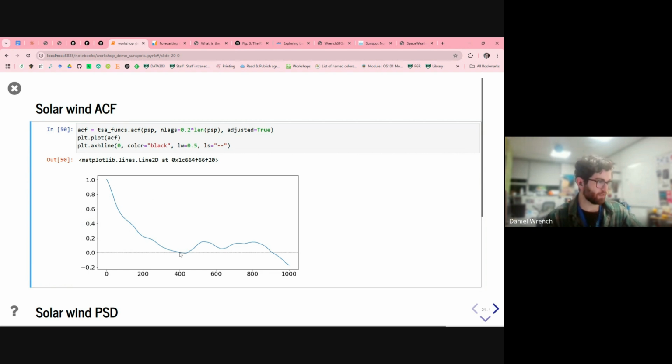Here, particularly up to a lag of about 400, you see quite a smooth, theoretically exponential drop-off in autocorrelation as you get further away. What that might tell you is that at the distance where it drops off, if we assume that with a big enough sample size it continued flat, then beyond a lag of 400, fluctuations in magnetic field aren't correlated anymore. They're independent once you go beyond that distance.